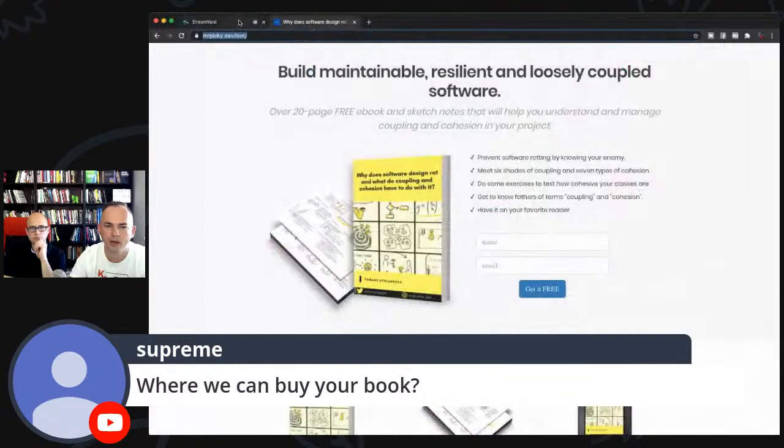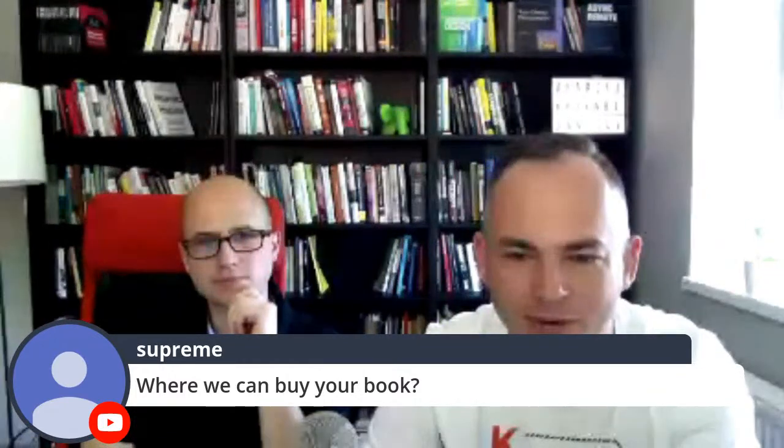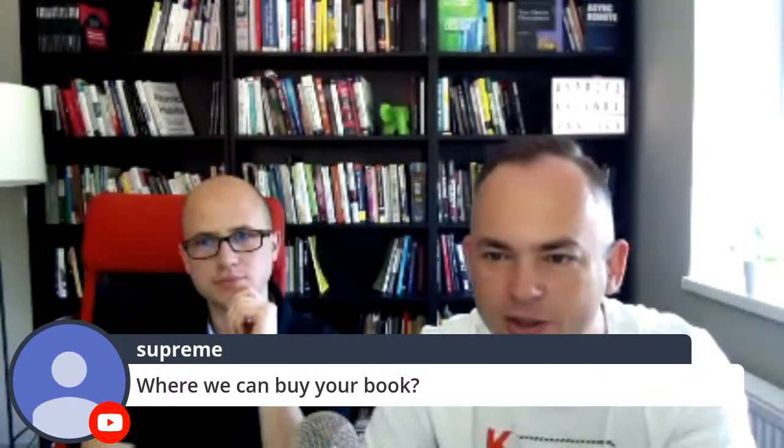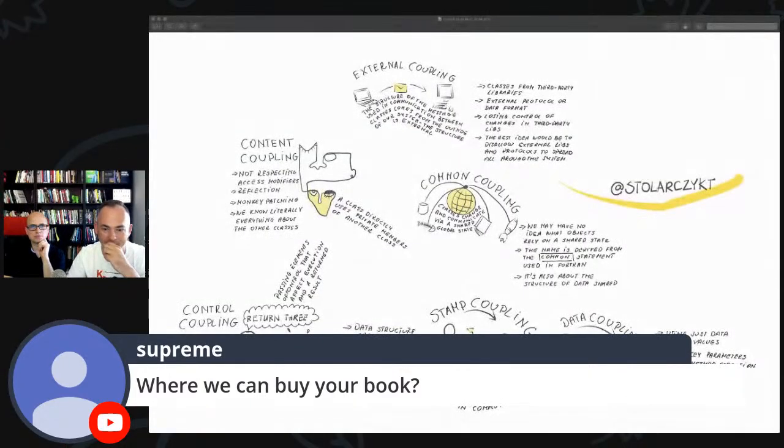I can show you how it looks, because it's really useful, and I'm really surprised that you give it for free. So I will stop the screen again, and then I will share the screen with one of those nice sketches, maybe the coupling sketch notes. So apart from the book, you also receive something like that. That's the one, right? Yeah.